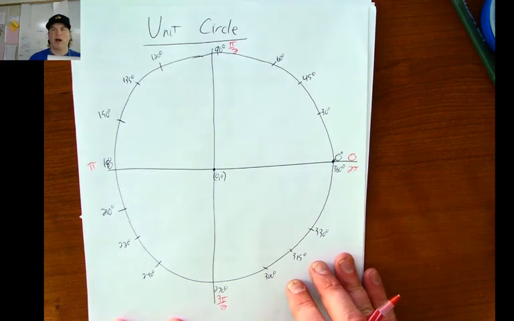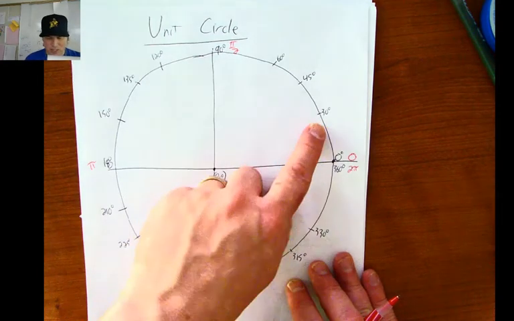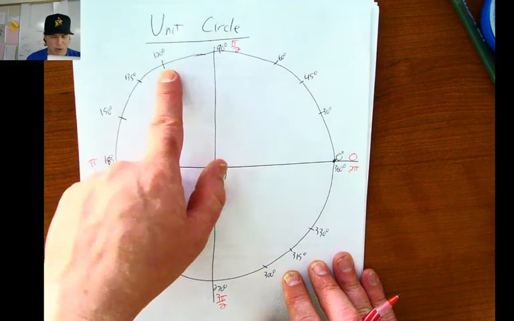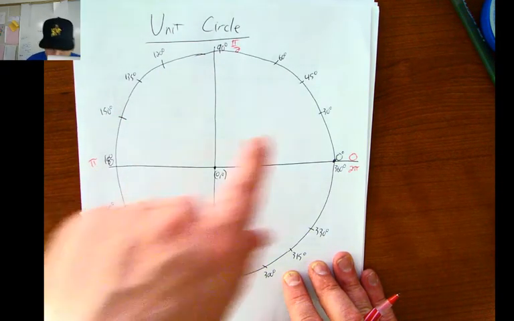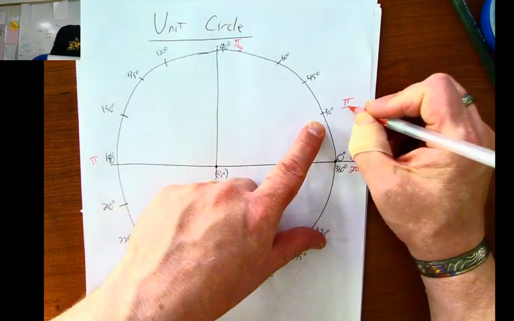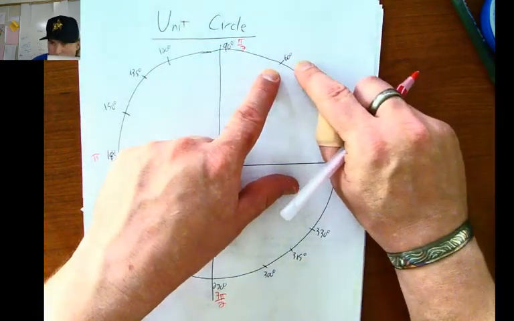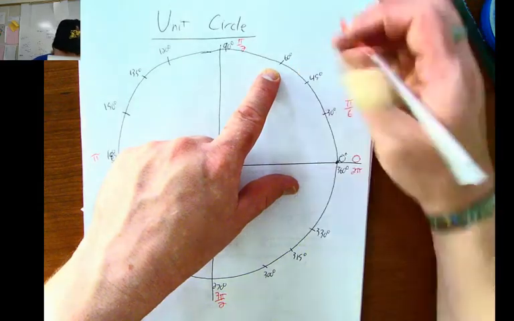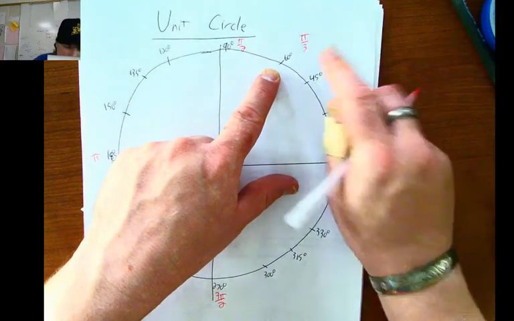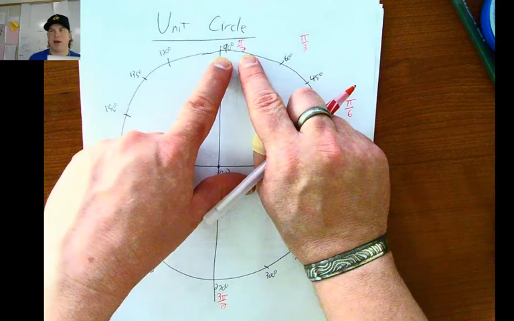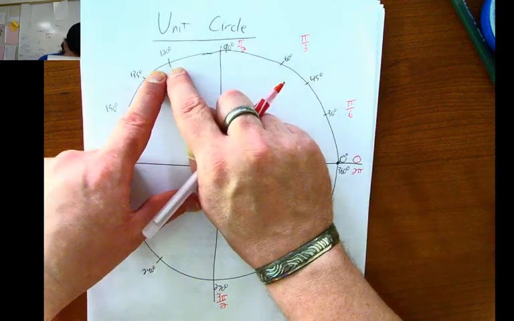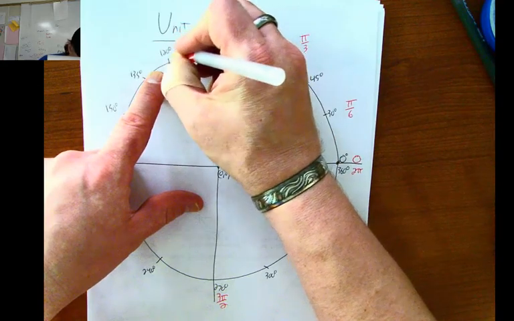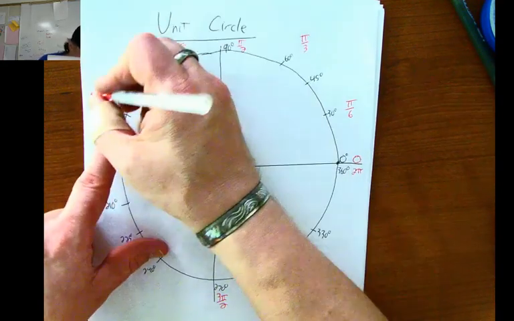That's like going pi over 6, because pi over 6, 2 pi over 6, 3 pi over 6, 4 pi over 6, 5 pi over 6, 6 pi over 6, which is pi. Once again, pi over 6, 2 pi over 6, which is pi over 3, 3 pi over 6, which is pi over 2, 4 pi over 6, 2 pi over 3, 5 pi over 6,